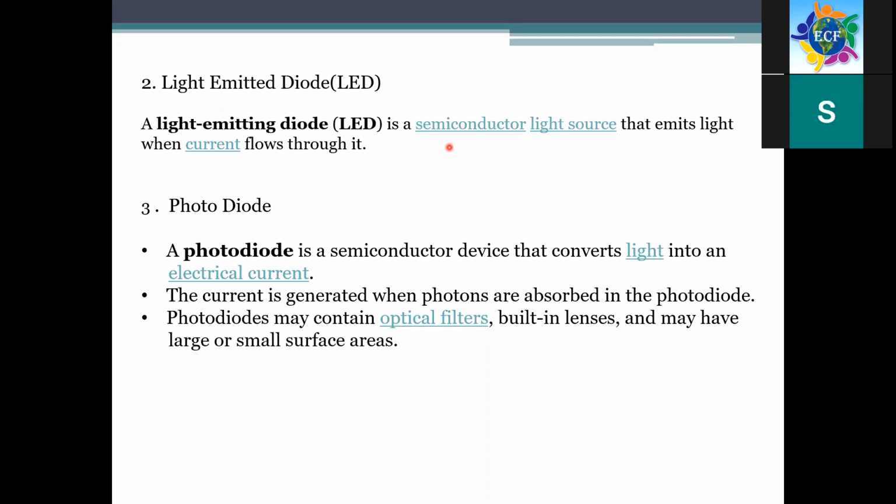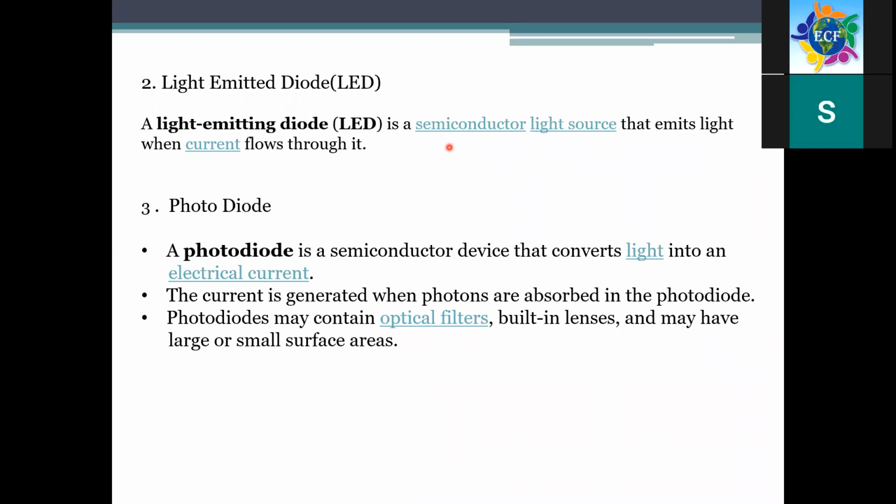When a light emitting diode is in forward bias, it emits light instead of the heat generated by a normal diode. When the PN junction is forward biased, in the case of an LED, some of the holes combine with the electrons of the N region, and some of the electrons from the N region combine with the holes of the P region. Each recombination radiates light or photons. LEDs are available in three colors: red, green, and yellow. An LED is a semiconductor light source that emits light when current flows through it.